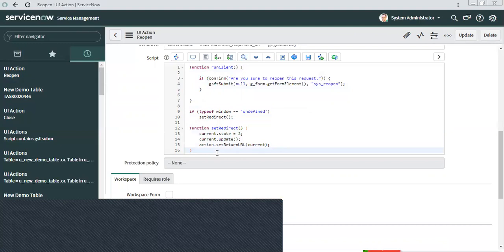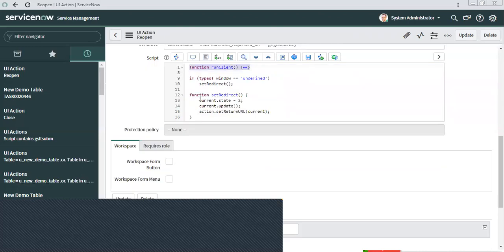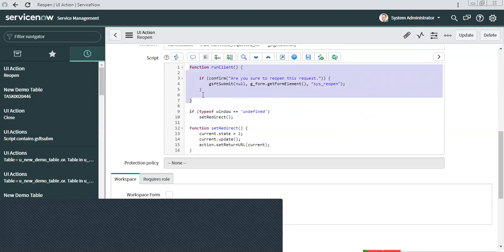We were either writing this or writing this, either client or server. But here we are writing this one as well as the server, basically doing both things. That means we are giving two tasks to the UI action.